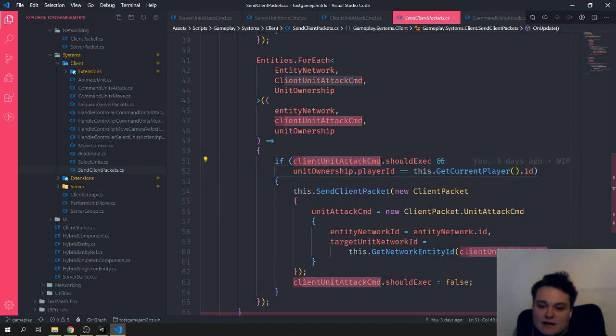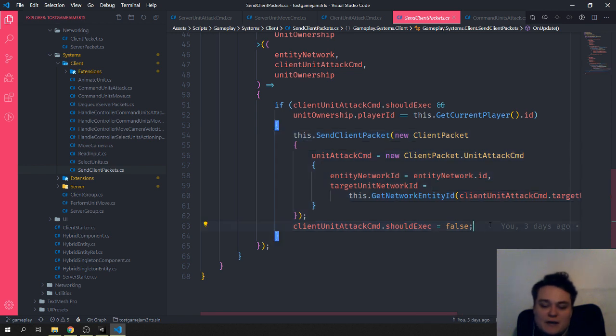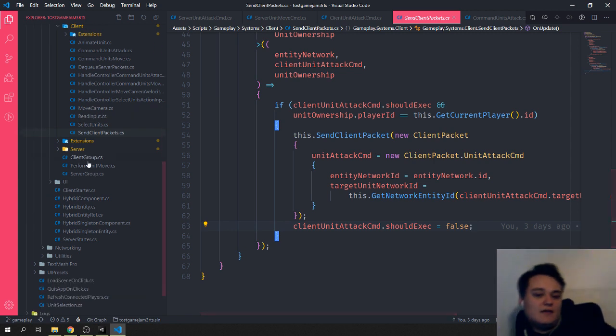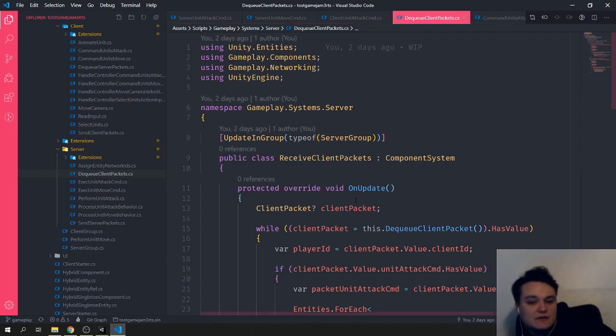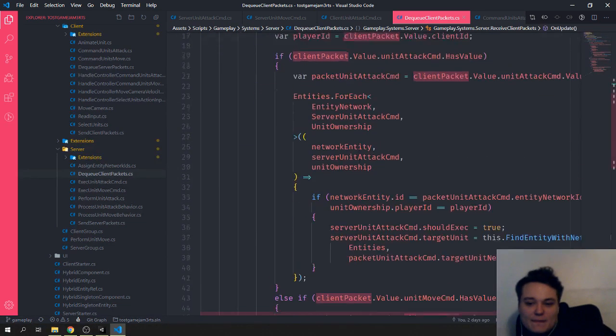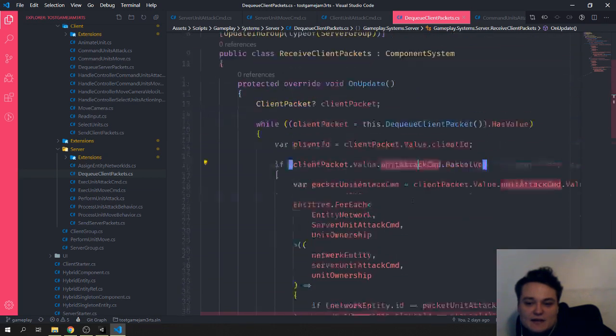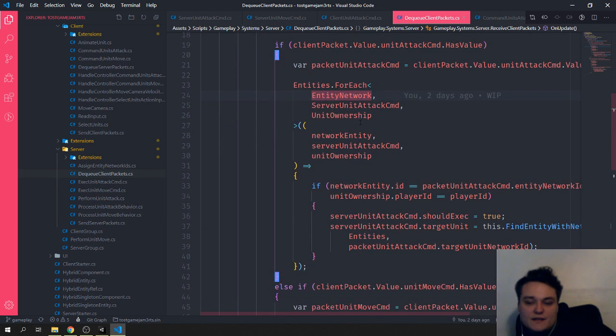If our client component says that this command should execute, then in reality we're just sending a packet to the server with the information about this command. Later on, the server receives that packet, which is in the queue in the system called the queue client packets, but in reality it's receive client packets. Messed up naming, but whatever. It receives all of the packets, and if it catches the unit attack command packet, it iterates through all of the